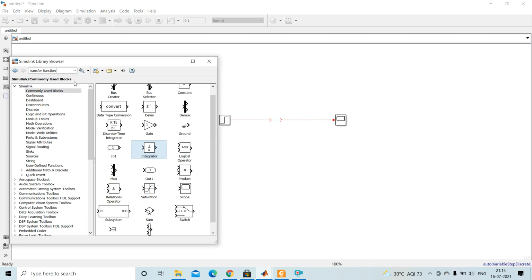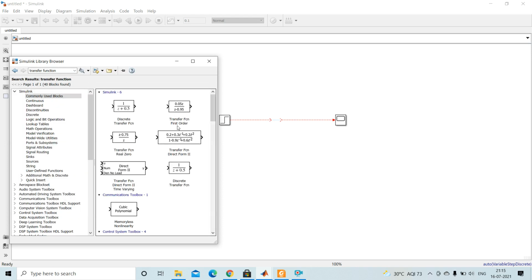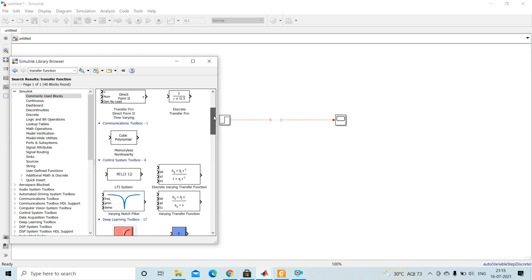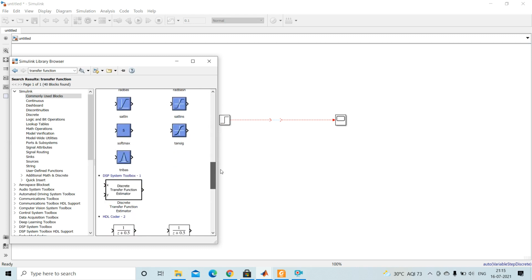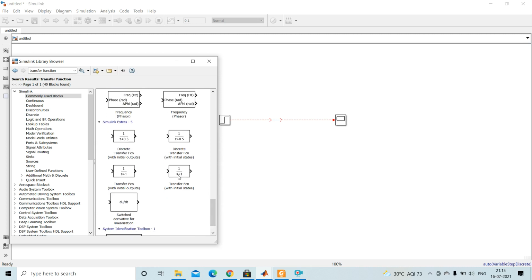Enter. Here the search is there. This is the transfer function.